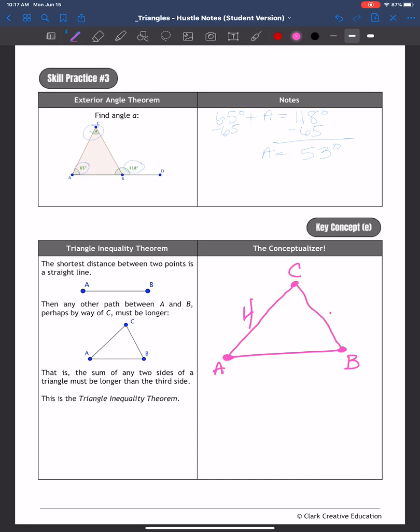C to B could be 3. You realize that this length will be shorter than those two combined. So this length would be less than